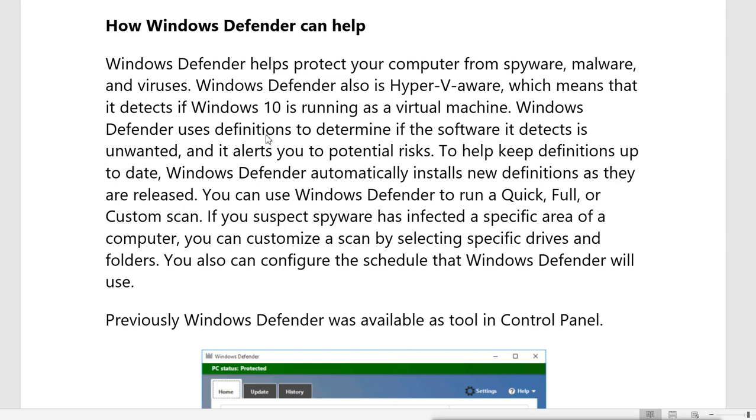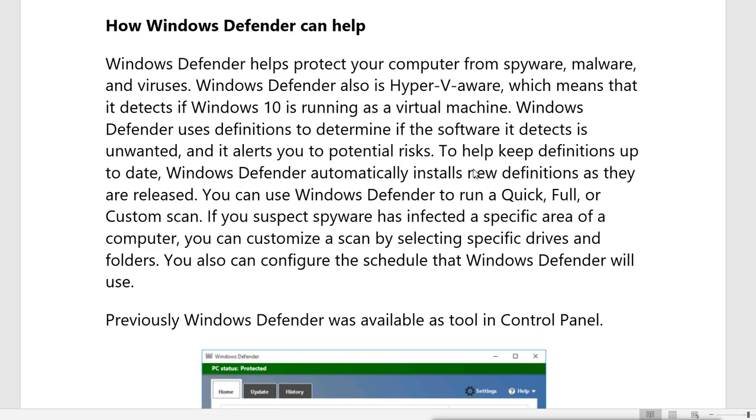So basically Windows Defender is an antivirus provided by Microsoft with Windows 10, and it can scan your machine and detect the viruses and worms in your system using the definitions it has. These definitions are like an introduction to those viruses, worms and malicious software which come into our system.